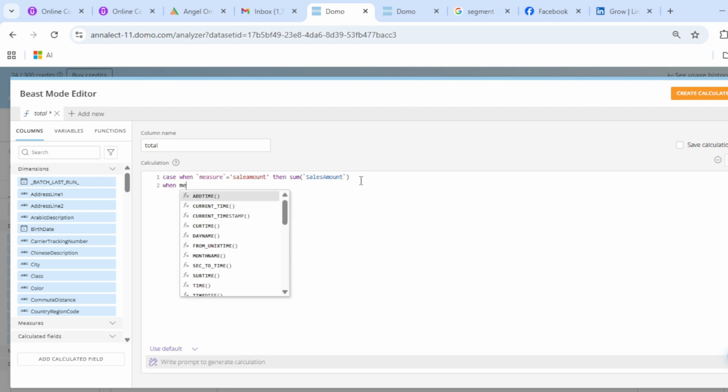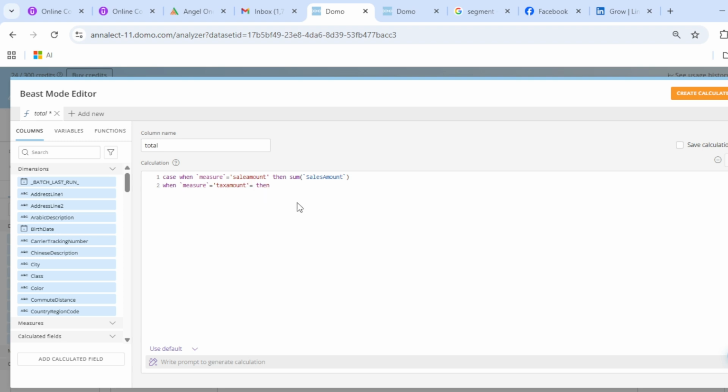Vane measure equal to tax amount, then sum of, hold on, then sum of sales amount. Okay,